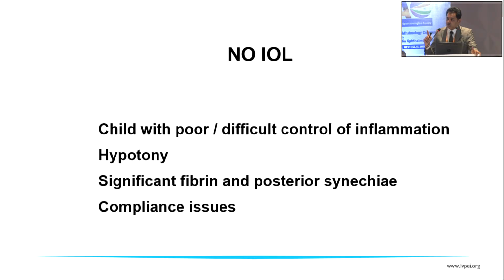But a word of caution: no intraocular lens with poor or difficult control of inflammation. If you cannot achieve good control of inflammation pre-operatively for a duration of 3 to 6 months, probably the patient is not a candidate. Also avoid significant fibrin and posterior synechiae. And if the patients are not going to come for follow-up for the next 1 or 2 months, within that time you might lose the eye to significant visual axis